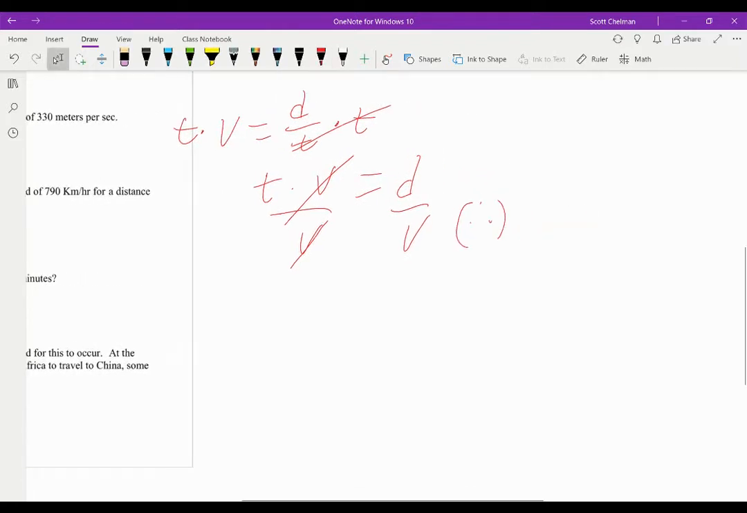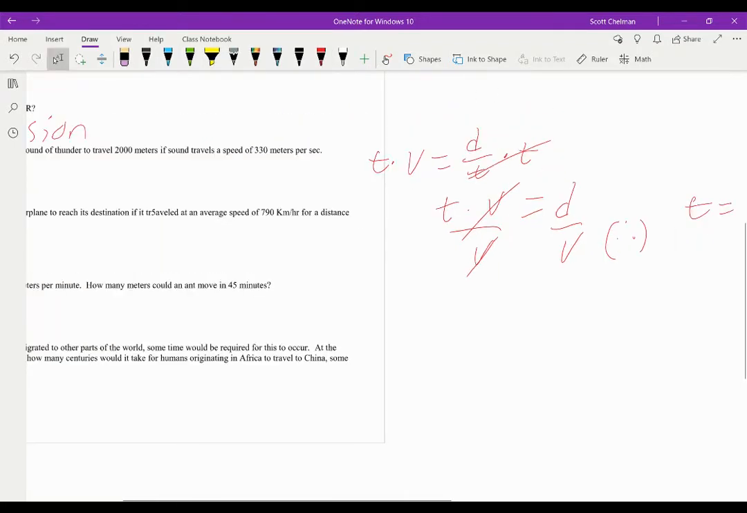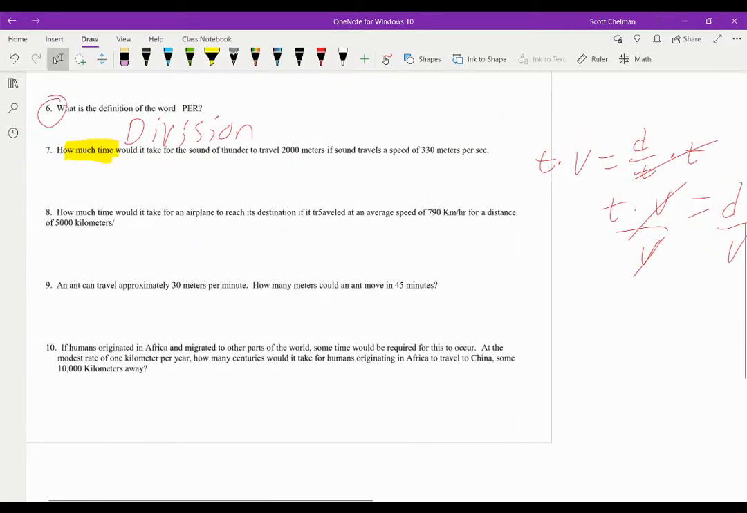Therefore, time is distance divided by velocity. Okay, or divided by speed. So, we're going to use that formula right here in our problem,